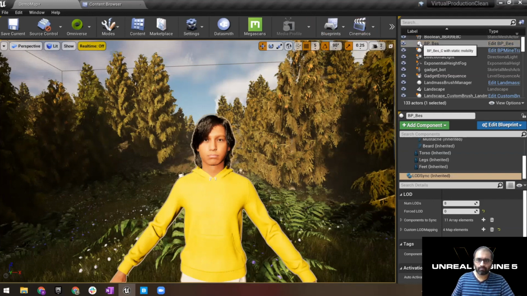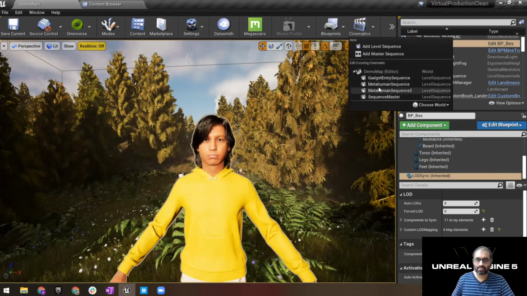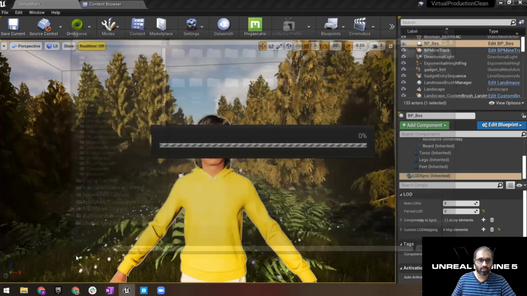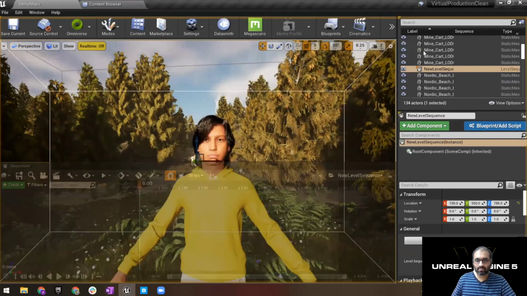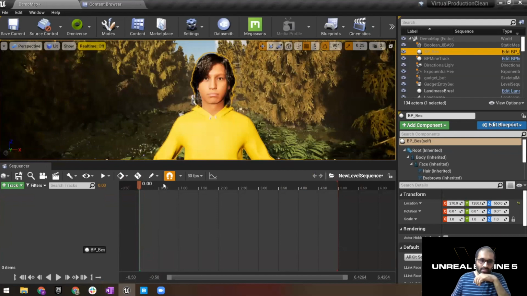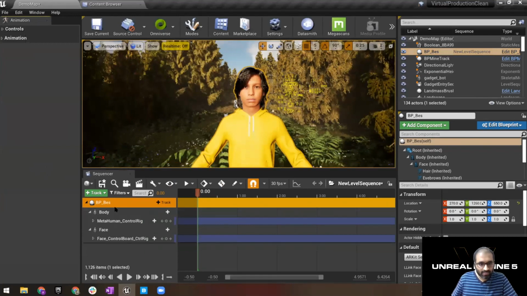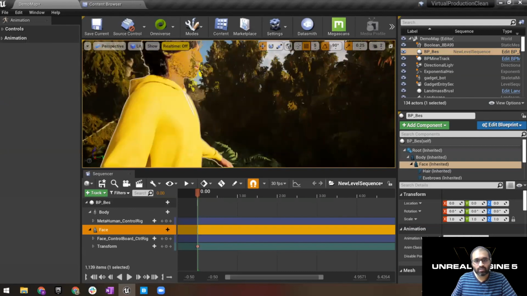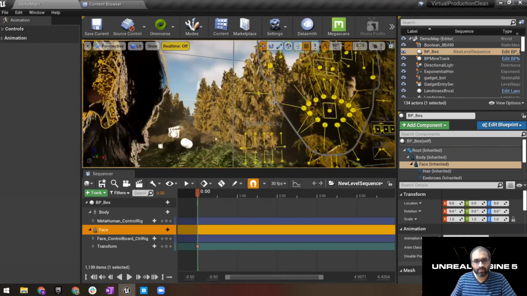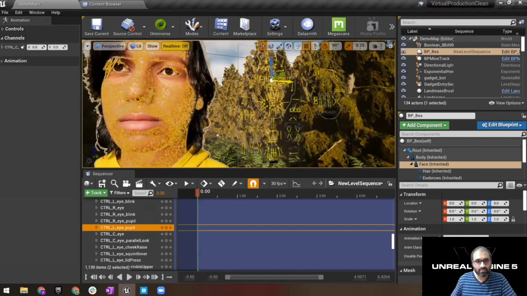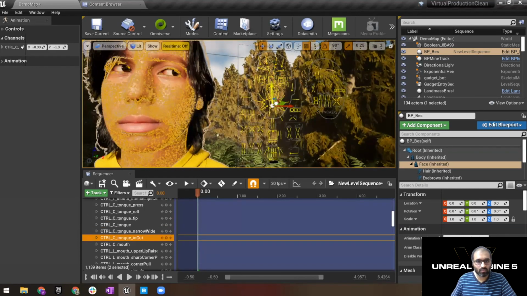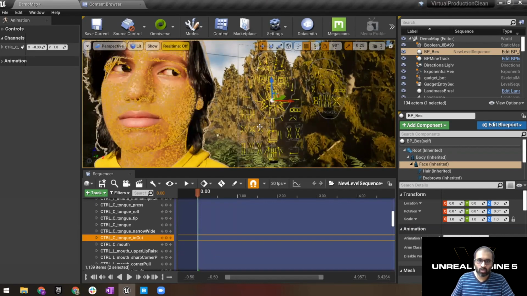At the same time, if I add it to, let's say, a new level sequence, save that document here. Let me add this guy to the sequencer. You'll notice that if I select the face, notice the full rig that you get here. So you can animate those rigs. I can move it around. I'm moving the eye around, or I can move my mouth around or whatever. All of that is fully rigged. You automatically get the rig.